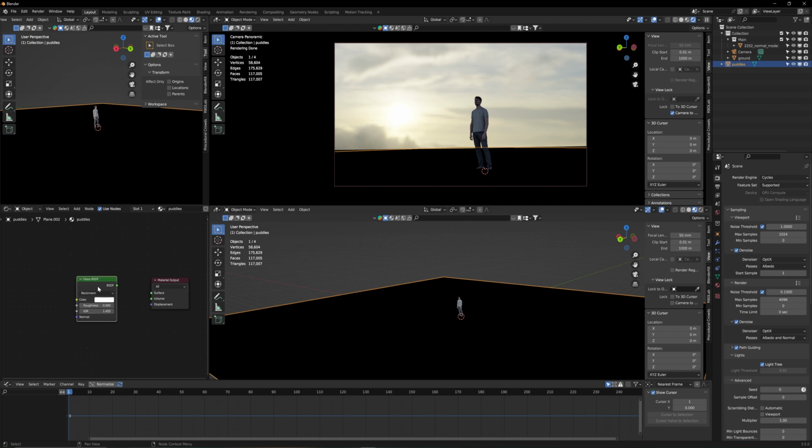I try to explain every node step by step so you really understand what we're doing here, because I feel like there's no purpose if I just show you how to do it and then you just copy paste it and you don't learn anything. So really I try to move it step by step, and I hope it's not too boring, but I think